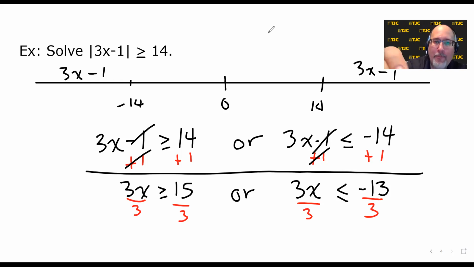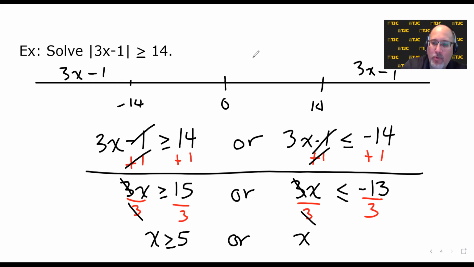Some of them will cooperate, such as the first inequality. We get x is greater than or equal to 5. Or some of them won't be as cooperative. On the second one, we get x is less than or equal to negative 13 thirds, because 13 thirds won't reduce. All right, so that wasn't too bad, but we're not out of the woods yet,